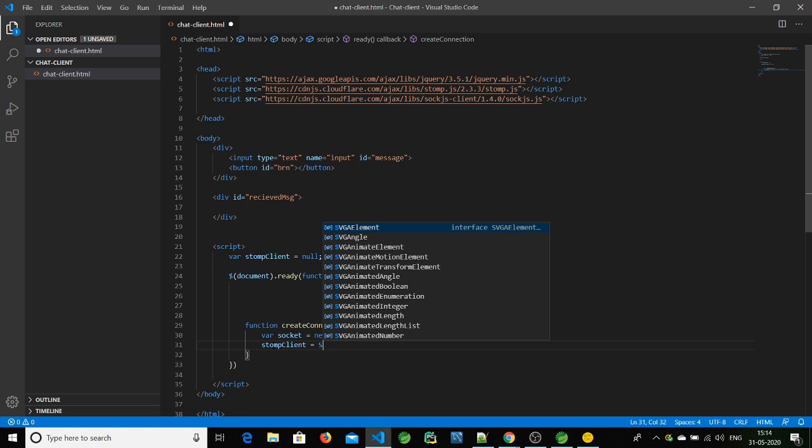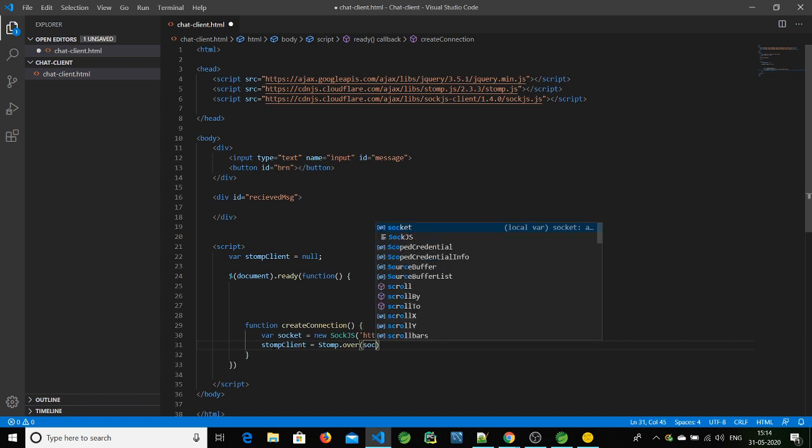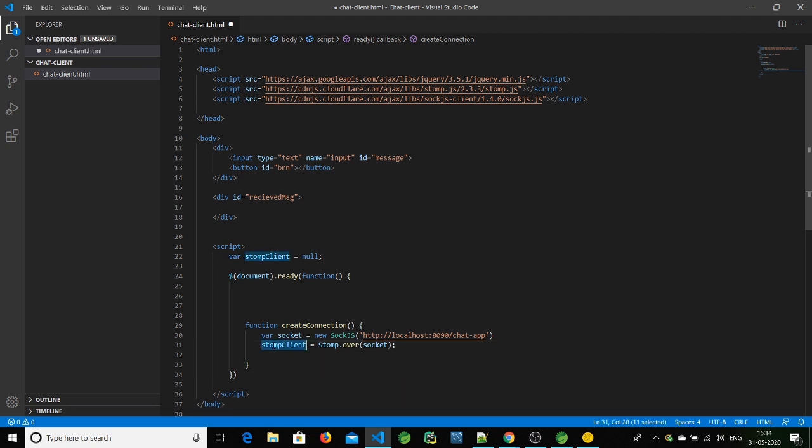So for that, Stomp.over is a function in which we have to pass the socket instance. Now after passing this, let's connect with this. So dot, here we'll connect. There is a connect function.